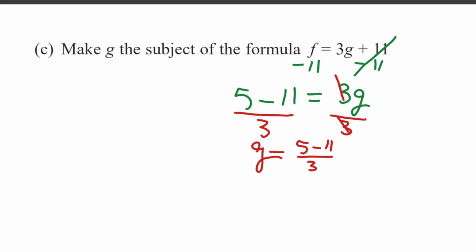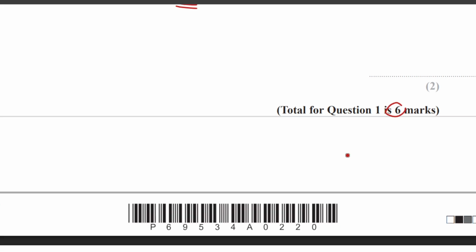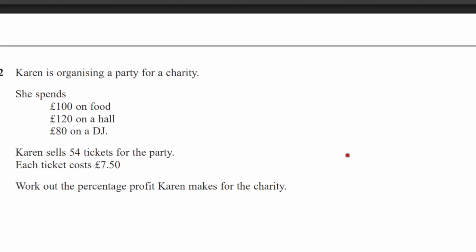Don't try to do anything else. You have g on one side? Yes, I do. Just leave this side. That's your final answer. That's very good. I think we got 6 marks already. So let's look at, yeah, it's 6 marks. That's very good. Now let's look at the next question. The next question says